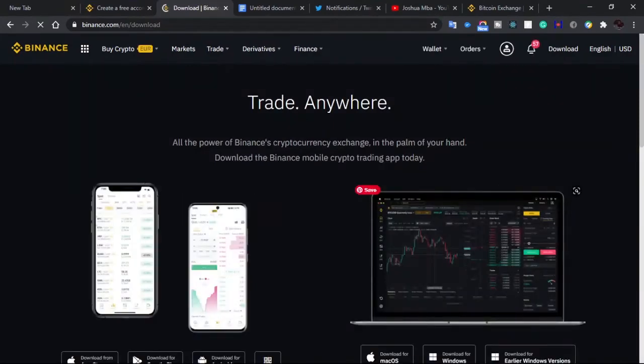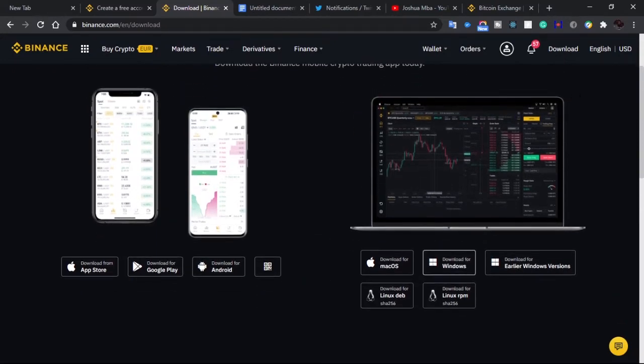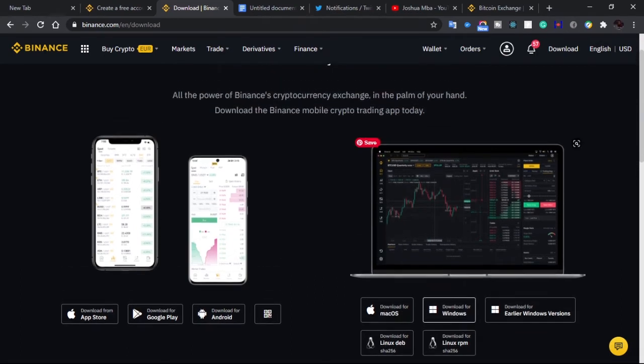When you click on it, you're going to see the option to download for your iPhone and for your Android devices. You also see an option to download for Windows, that's the desktop application, or your PC application, and your Mac application. You download it and install on your Mac, Windows or Linux device, whatever operating system you are using. Most importantly, I will encourage you to have the desktop application if you always work on your PC.